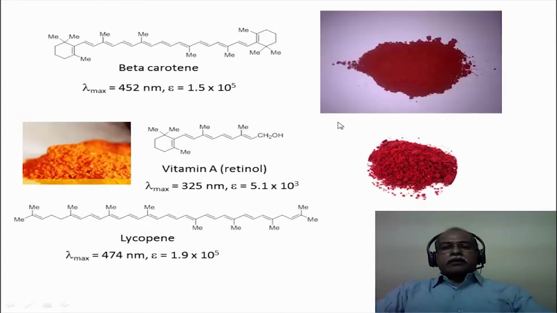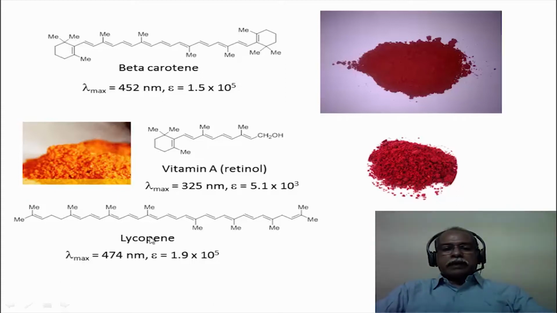The effect is so much so that one can actually see in dyes like beta carotene, which has 11 conjugated double bonds, all of them transoid with respect to each other, for example. And this is available as a coloring substance in carrots, for example, and has an absorption maximum at 452 with an epsilon as high as 1.5 times 10 to the power 5. In other words, it is a highly intense color, which is represented by the epsilon of 10 to the power 5 extinction coefficient.